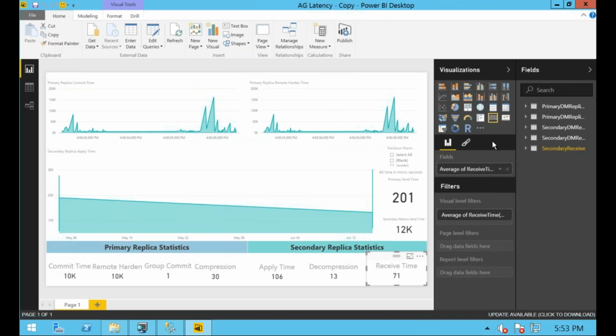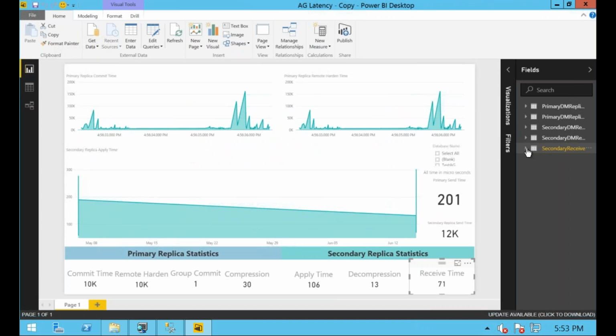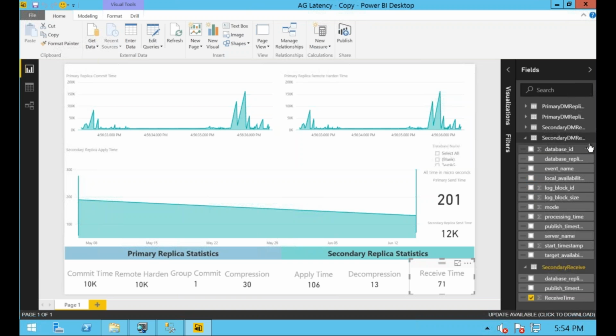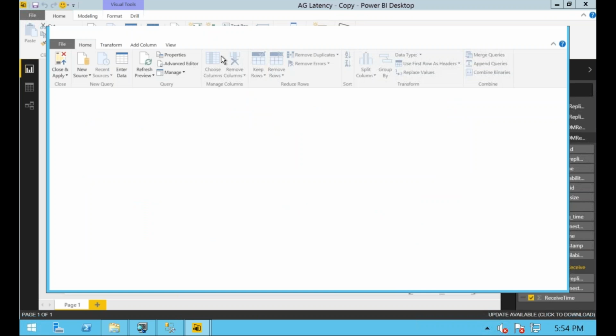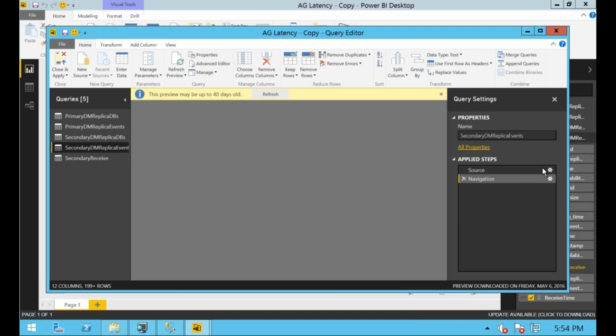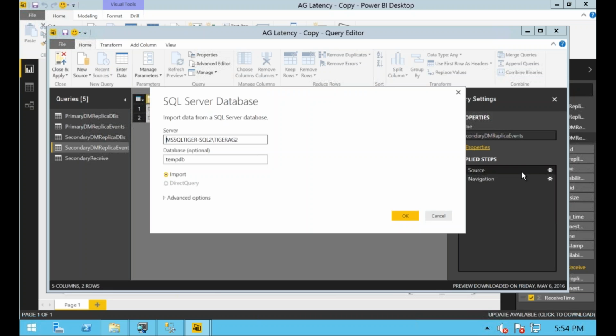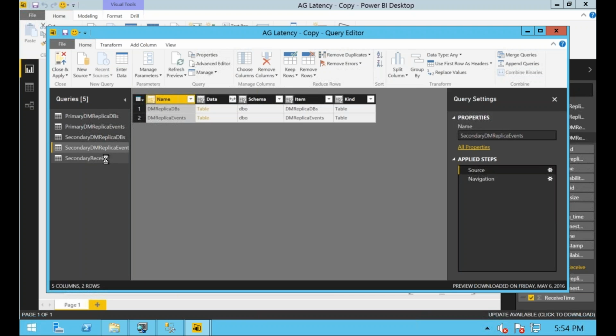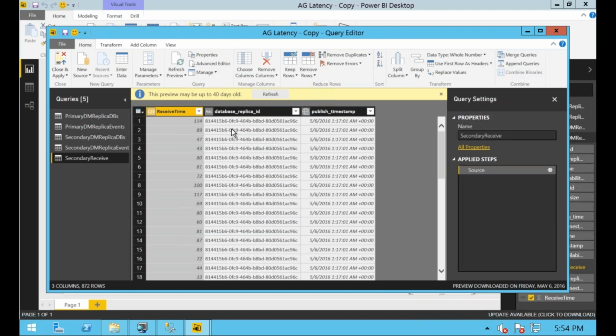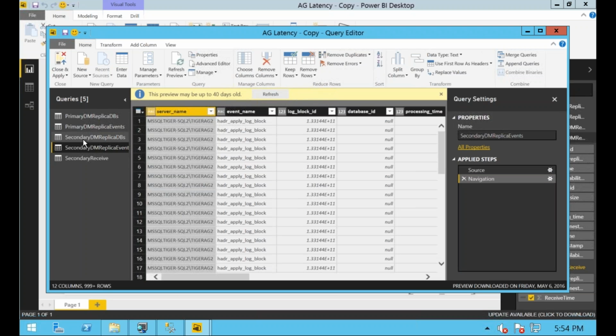Good question. Let me show you the fields that are there. I am pulling in data from each of the secondary replicas. If I have to pull in events from the secondary replicas, let me show you my query. So this is the data that is coming in for me. If I look at my replica events, this is all the data that's coming in. What I would need to do is